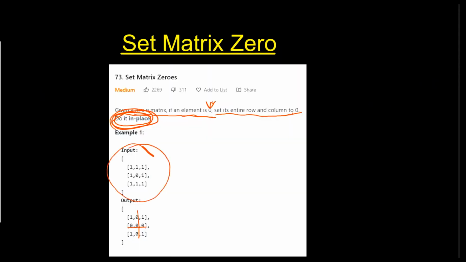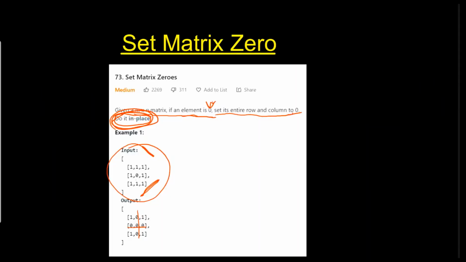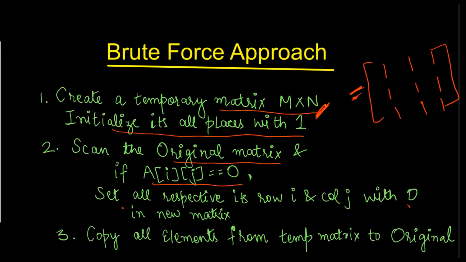Then in the second step, scan the original matrix. Let's take the same input. This is my original matrix. If any element is found to be 0, set all of its respective row i and column j to 0 in the new matrix, which is the temporary matrix. So here I have 0 in the middle. I'll set all the elements of this row and column to 0, like this.